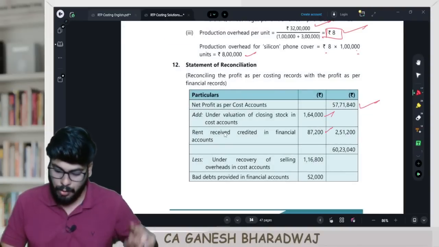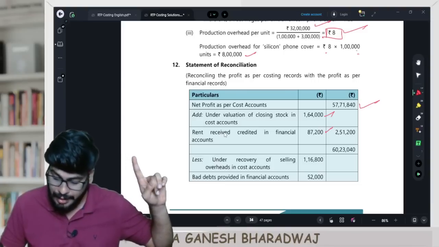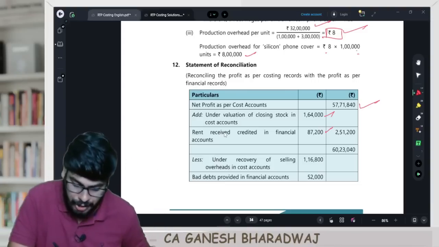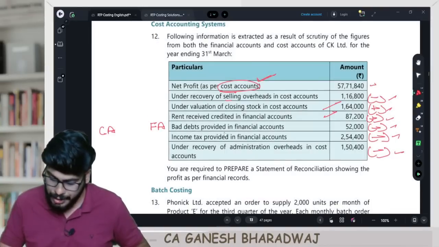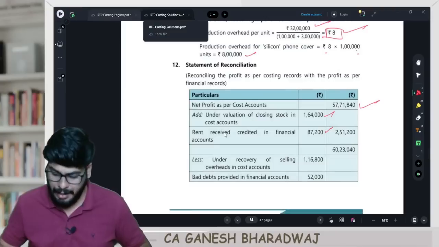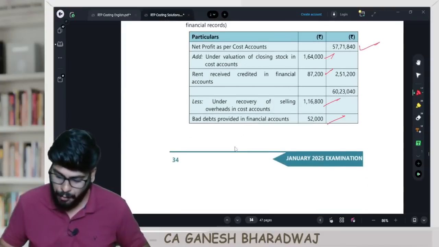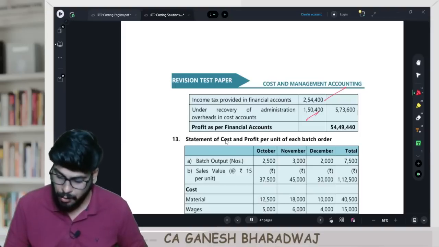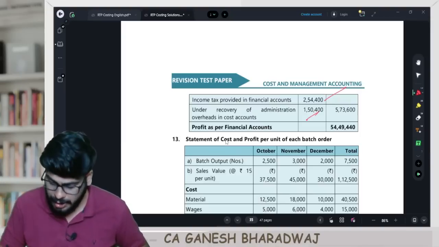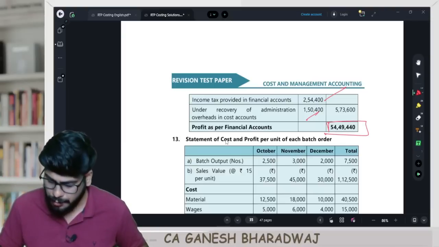Two additions alone: the undervaluation of closing stock that I told you, and the rent received credited in your financial accounts. Look, these two items are the only additions. The remaining are all deletions: under recovery of selling overheads, bad debts provision in financial accounts, income tax provision in financial accounts, under recovery of admin overheads and all. So you subtract all these figures, and you arrive at your profit as per financial accounts, which comes out to